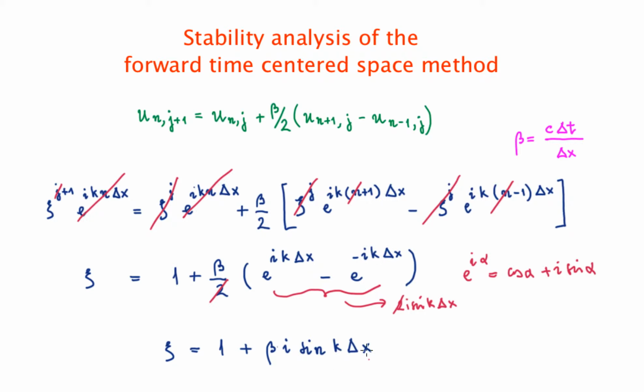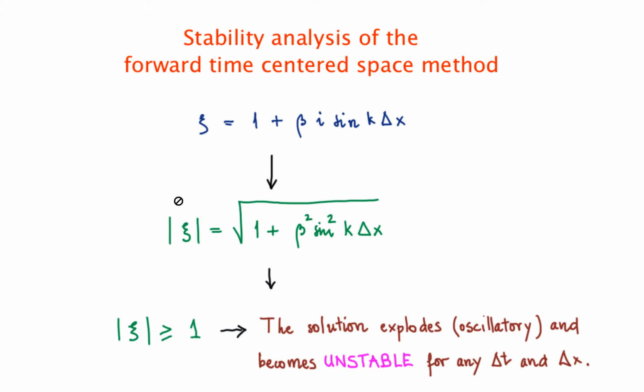This, of course, is a complex number, and we have to analyze its modulus. In order to do that, just keep in mind how you calculate the modulus of a complex number. If you have this complex number, A, which is the real part, plus B, the imaginary component, the modulus of this complex number is the square root of A squared plus B squared. So if we apply this to the eta function, this is what we have. The modulus in this case is equal to the square root of 1 plus the square of the